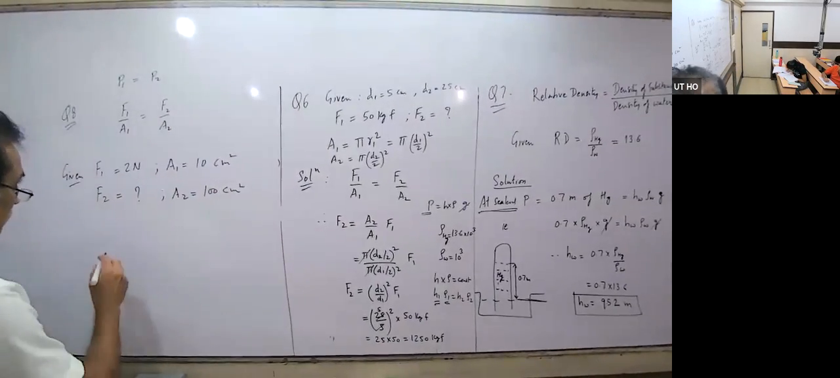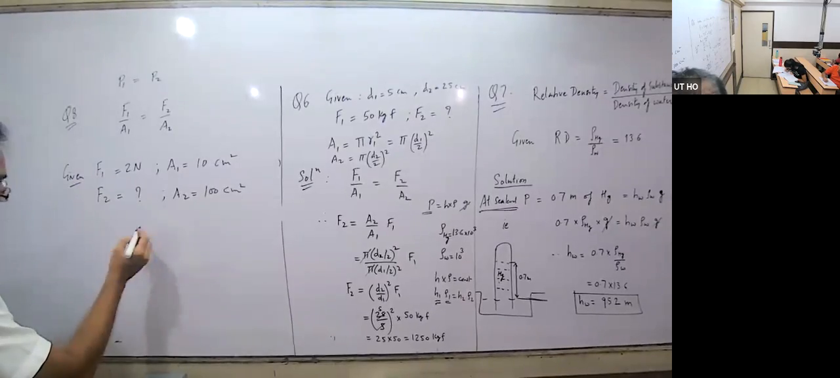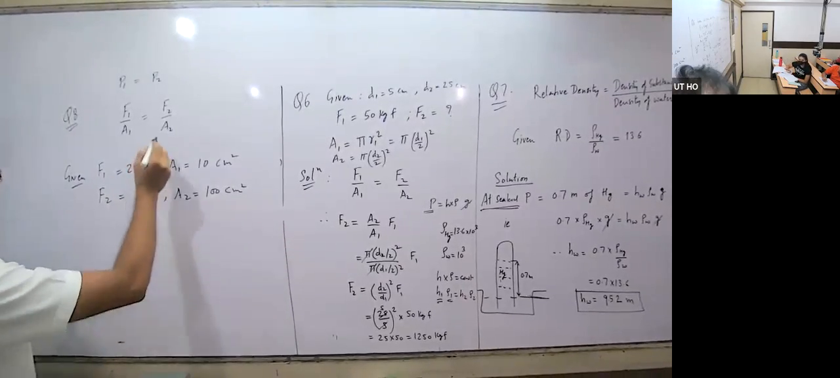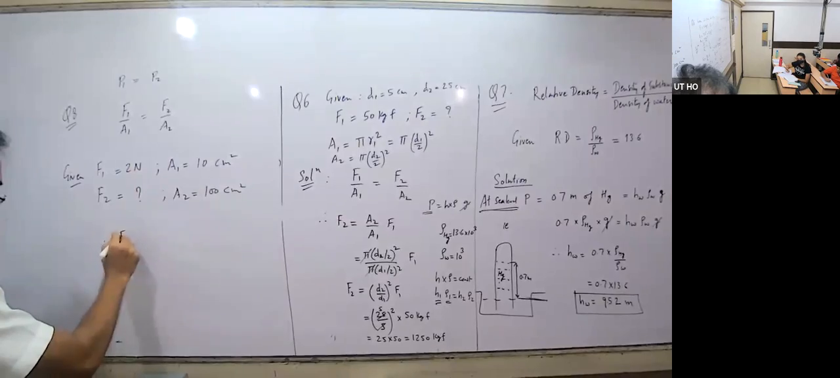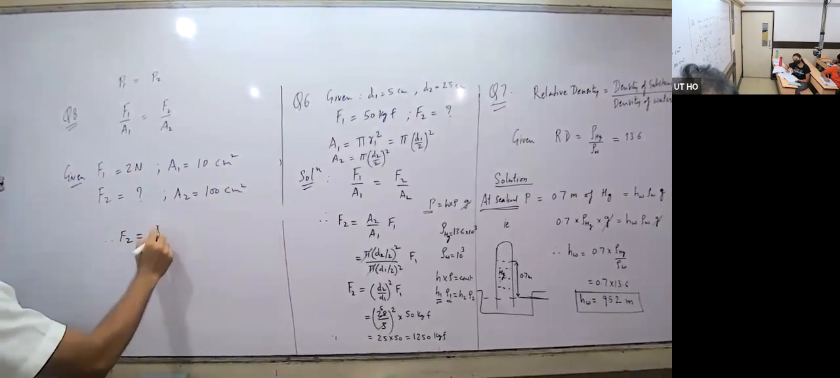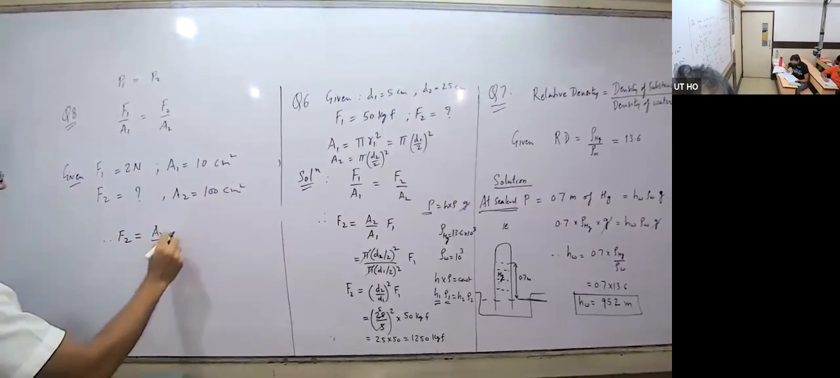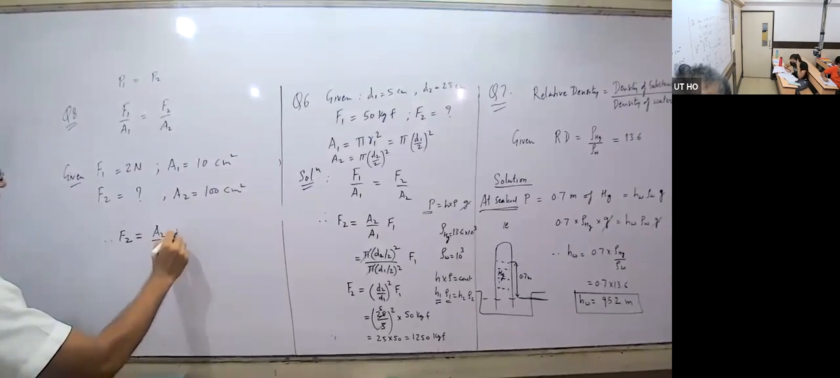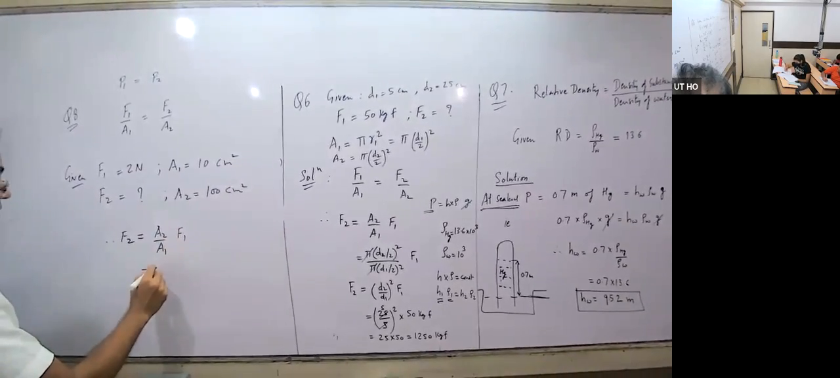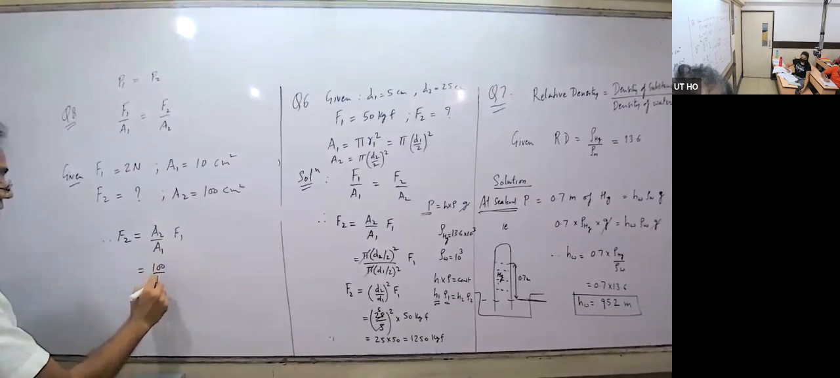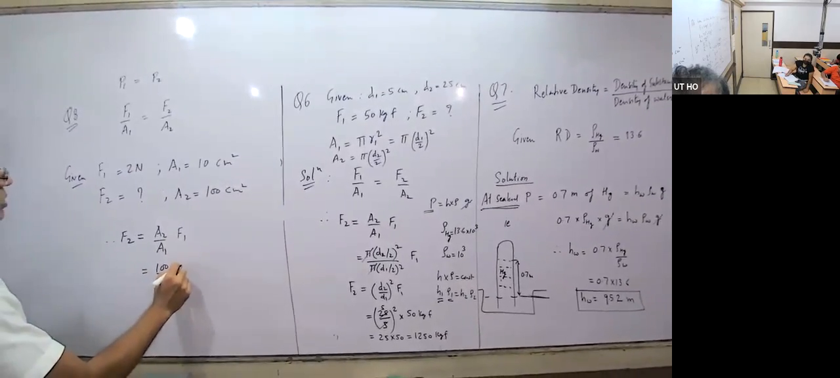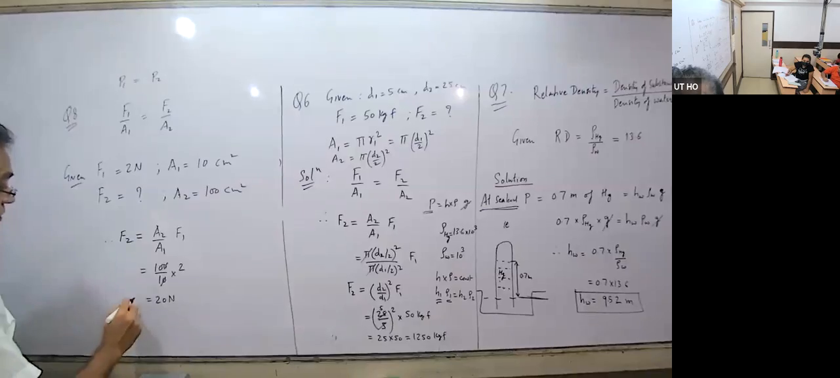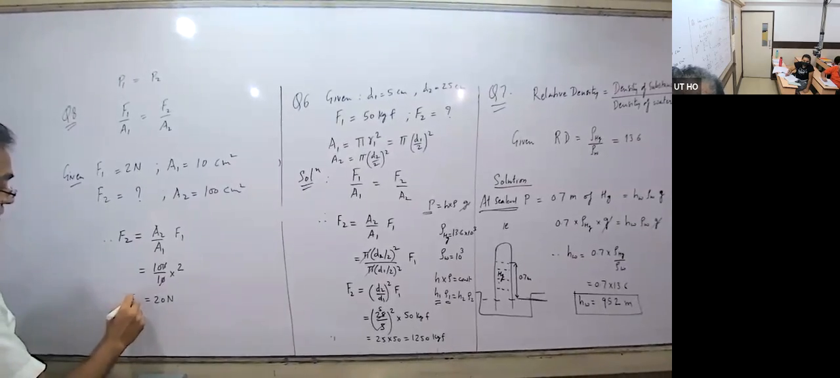Yes, exactly. So what is F2? F2 is equal to A2 by A1. No need to change the area units. So A2 is 100 by 10. F1 is this is your